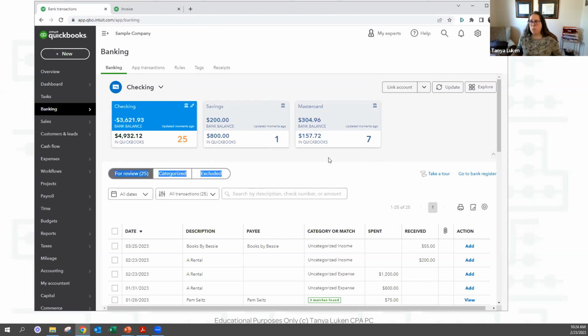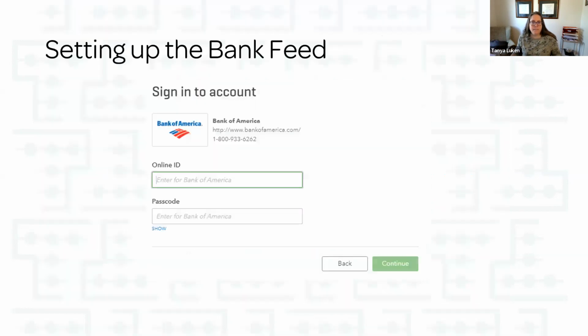If there's ever an error message in your QuickBooks, like with the multi-factor authentication, for example, there's going to be this big warning box that says there was a problem with your bank connection, let's fix it. And there'll be a button to click to fix it. And chances are it's just going to take you back to this screen where you would log in again with your bank. Okay.